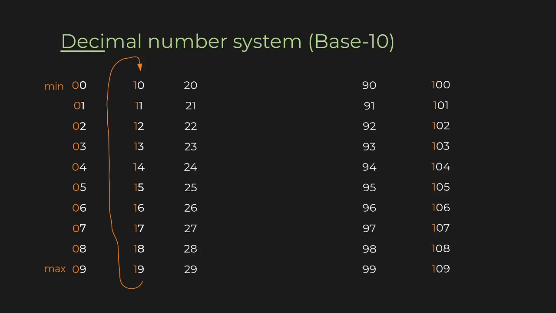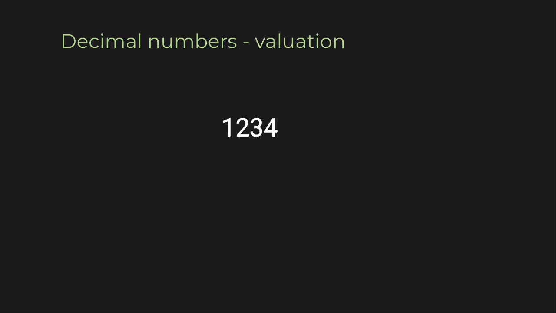Now let's see how a number's value is identified in this system. As an example, take the number 1, 2, 3, 4. We know it's 1234, but how? Let's see. The value of each digit changes according to the power of 10. It starts with zero. The first digit is 10 to the power 0, the next one is 10 to the power 1, then 10 to the power 2 and 3 and so on. If there are more digits, it will be 4, 5, 6 like that. But in this example, we are just taking 4 digits.